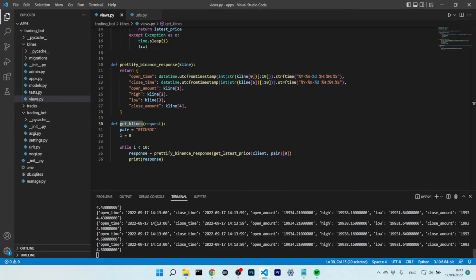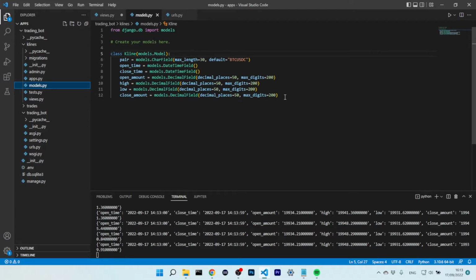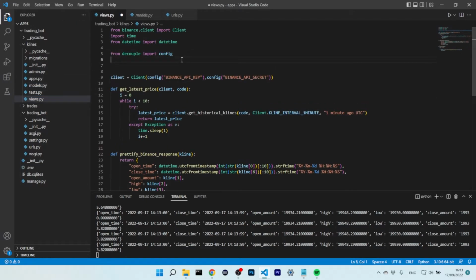Right now, what we're going to do is add them to the database. To do that, it's very easy. We're going to leave the response. What we need to do is get our model. We haven't imported it yet. This K-line model, we need to import it in our views. What we can do in here is